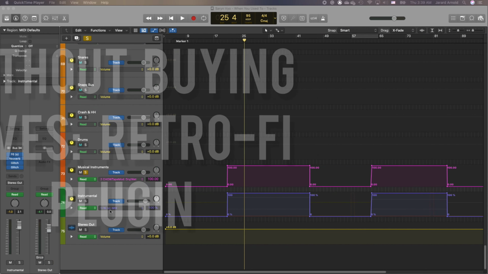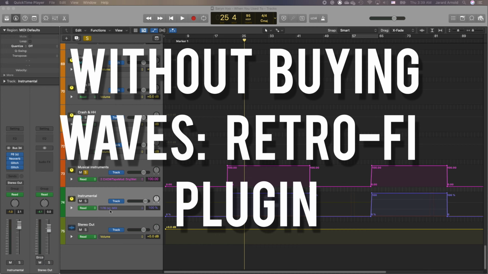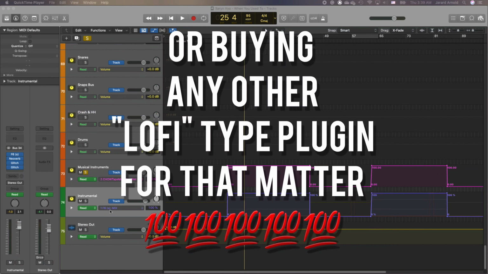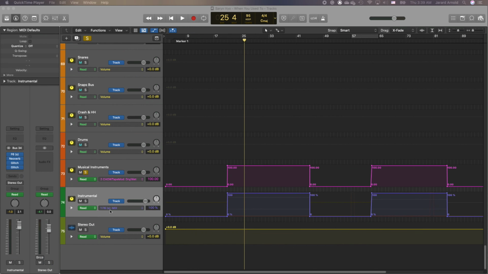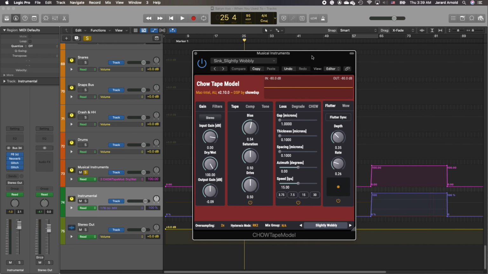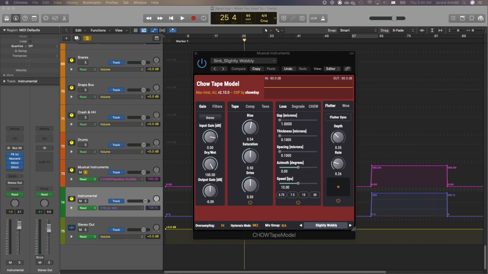So it's pretty late, but I wanted to talk about this real quick. Sometimes you might not be able to afford the Waves effects or other different plugins that do things with lo-fi sound, but you can find certain things for free, which is always a good thing, of course. So something I would like to introduce to you guys is ChowTape Model. It's free and it's actually well worth